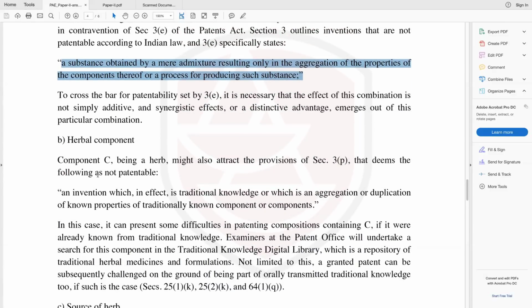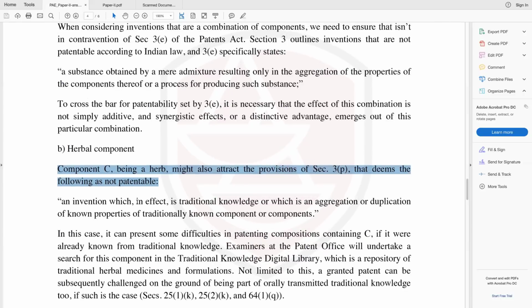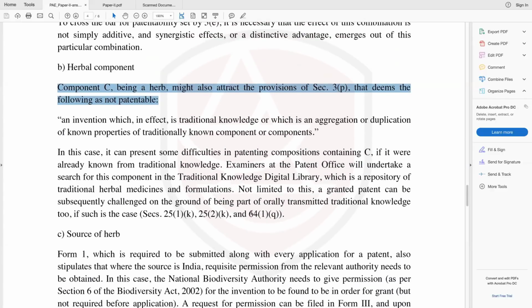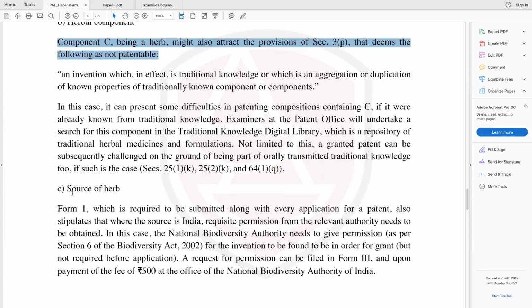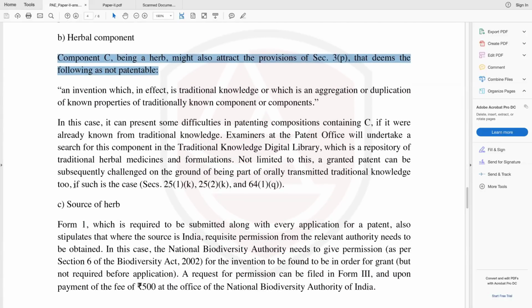And he goes on to explain the other herbal component, which is the component C. As you know, it should be section 3P, whereas the candidate quoted the section wrong. The candidate mentioned 3Q, and the right provision is section 3P. And according to 3P, the traditional knowledge or the aggregation or duplication of known properties of traditionally known component or components. So again, I would like to reiterate